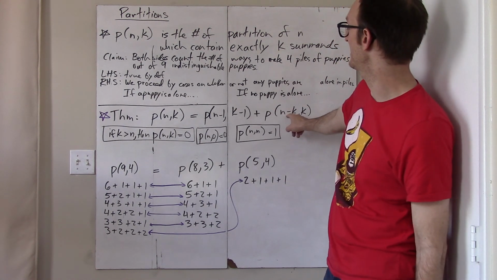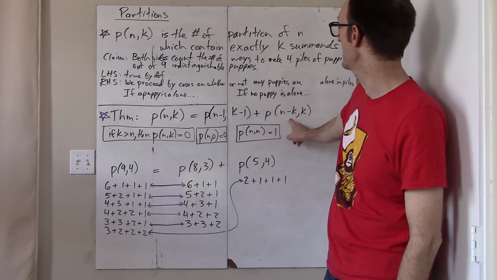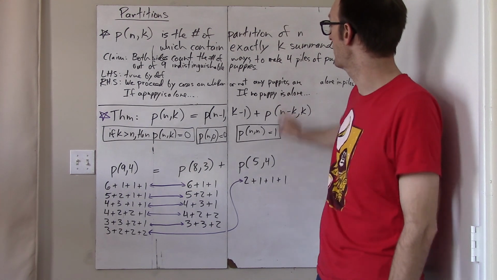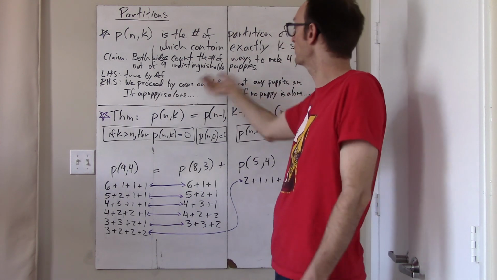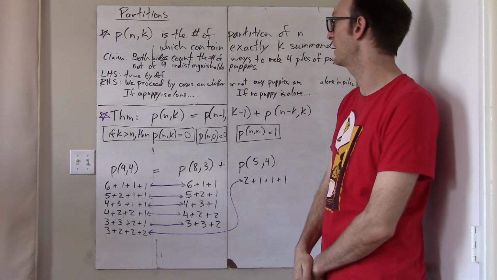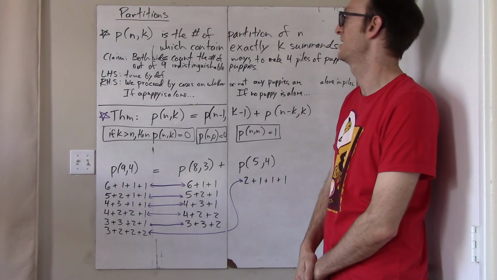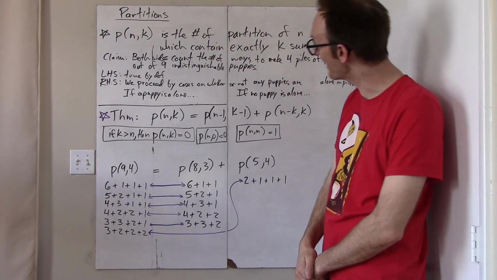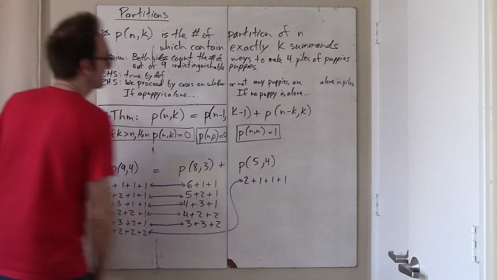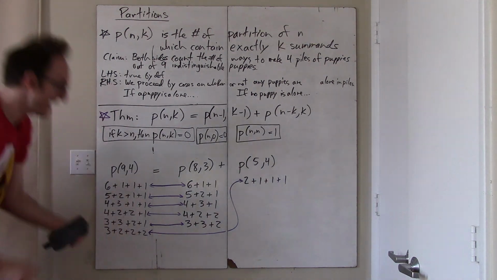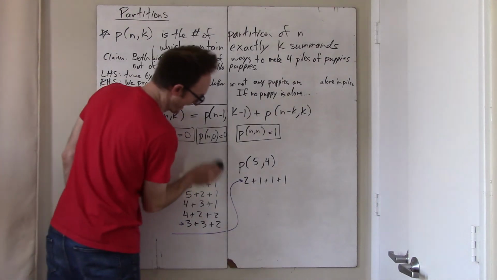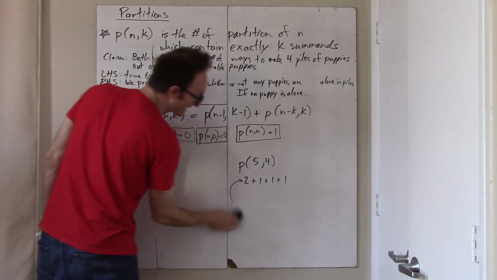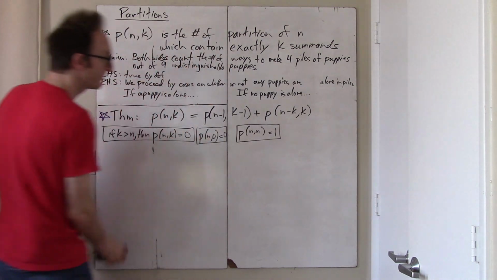This is the number of ways to do it if no puppy is alone, and since every partition either contains a lone puppy or doesn't, we have counted every possible partition. Okay, that I think is very clear, and what it means is that we now have a recursive rule. Okay, why is this recursive rule great? Because this recursive